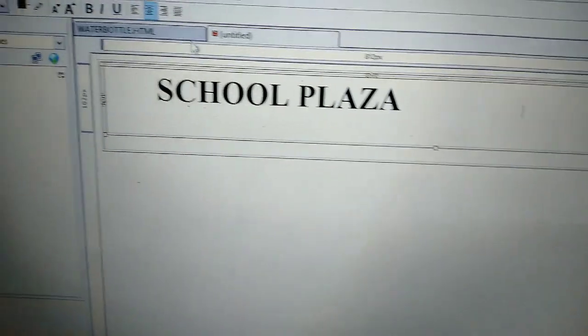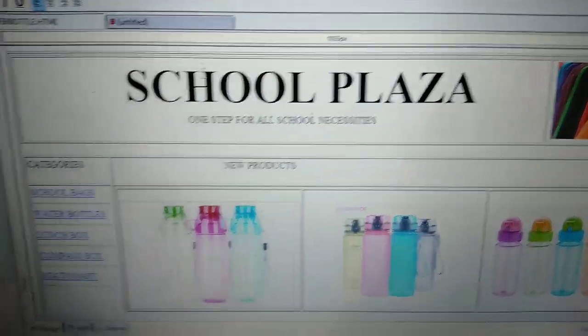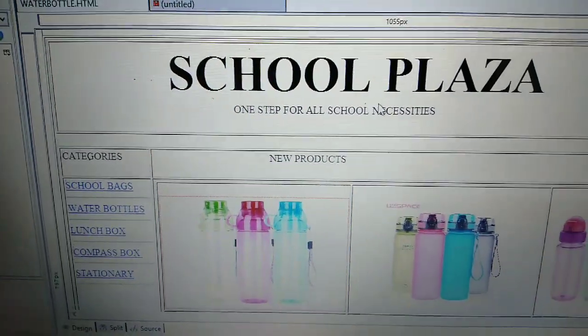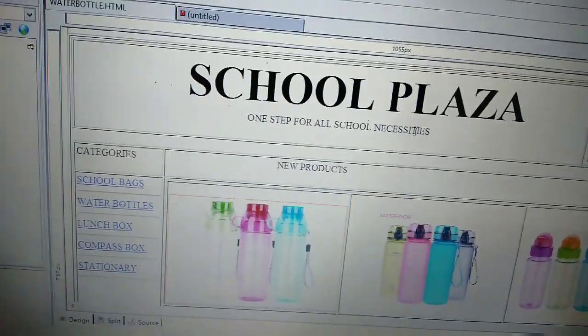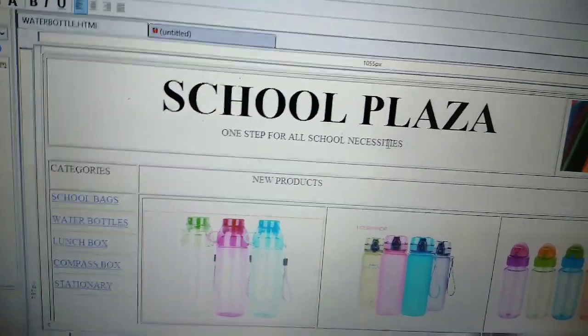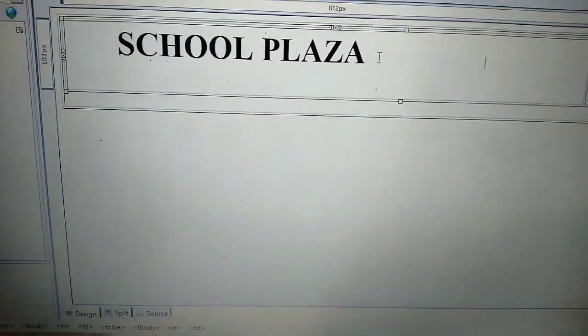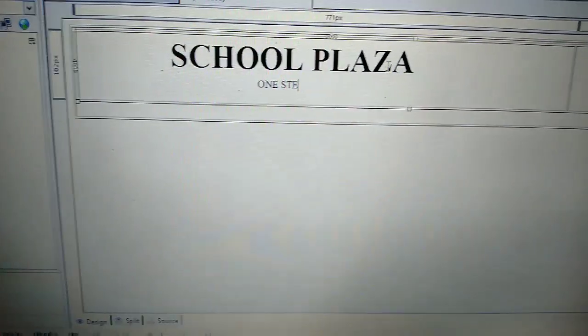Now can you see it? School Plaza and image. Our title portion is ready. Now I want to write one step for all school necessity. It means, what? One step. You want to write any caption or slogan, you can write it for your website. I want to write one step for all school necessity. So you can write it, apply the enter key. One step